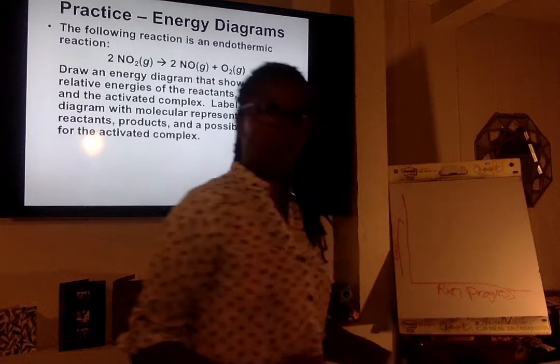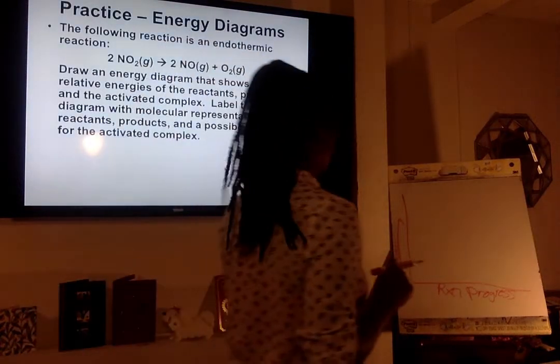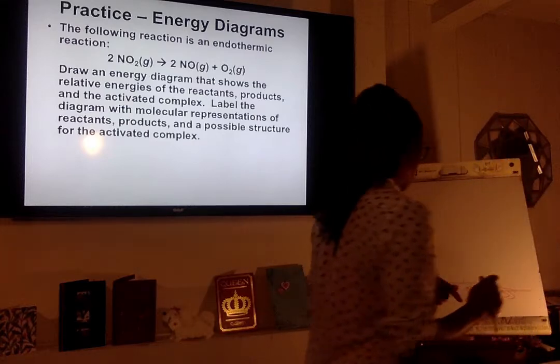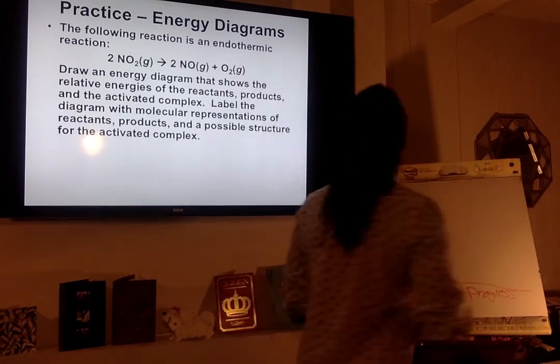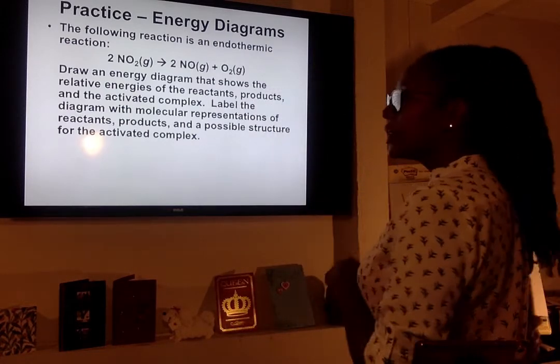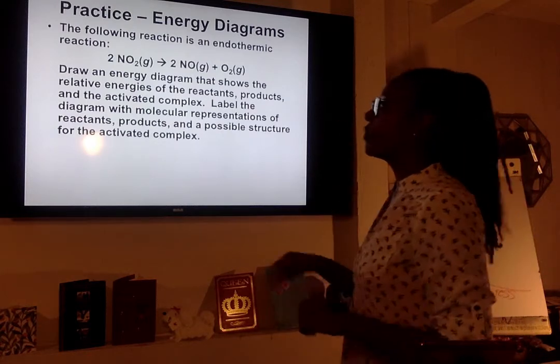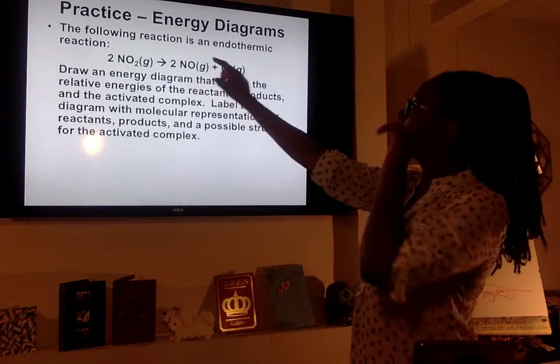Okay, so this is energy, increased energy, right? And then you have your reaction progress. So we are starting, so when you first look at this, what is the first thing that stands out to you when you read the very beginning? The following reaction is an